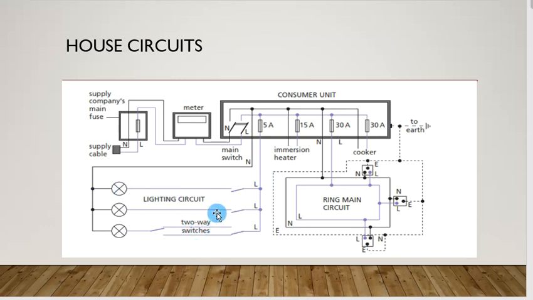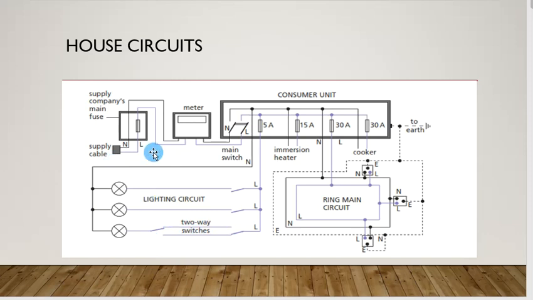This is another type of switch which is called a two-way switch, where you can switch it on at this point or at that point. Like for example, along a staircase, if you are living in a 2-story building, you can switch it on from the bottom of the staircase, and when you go up, you can switch off from that point. That's the meaning of the type of switch we have here.